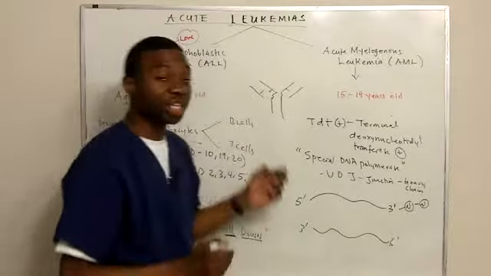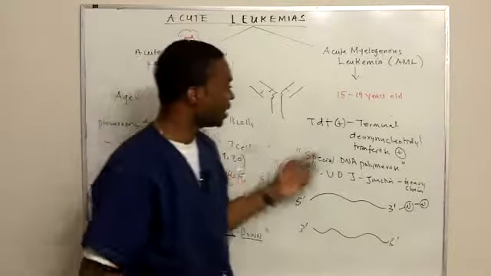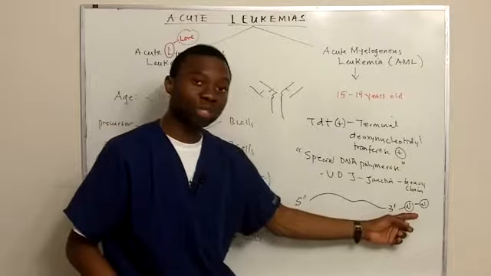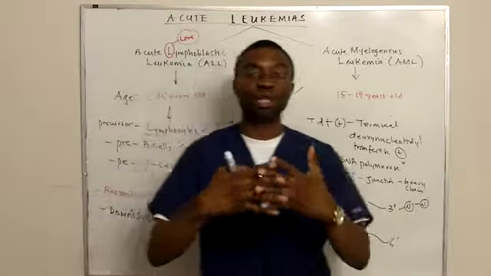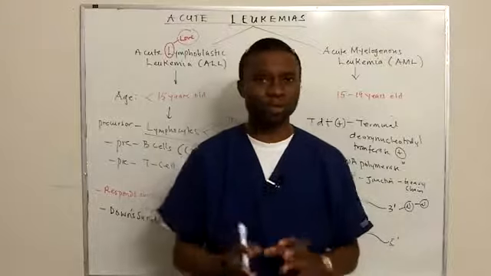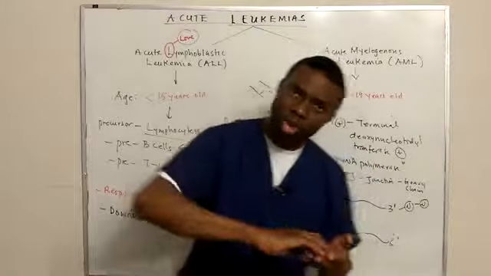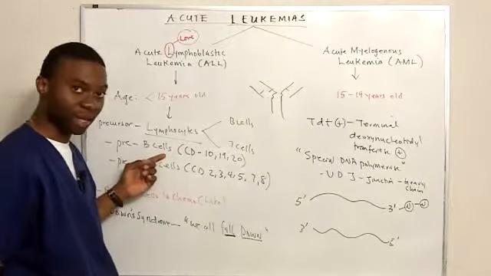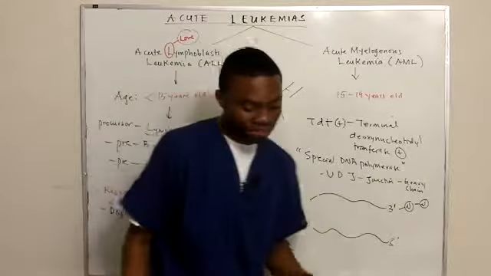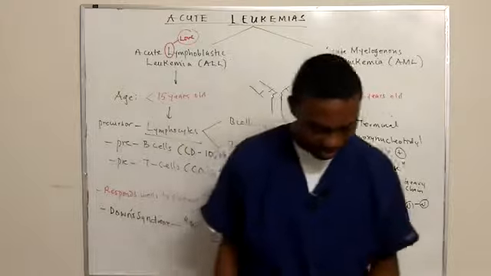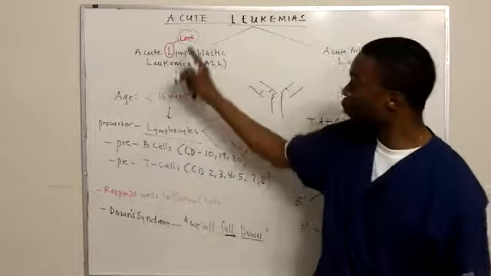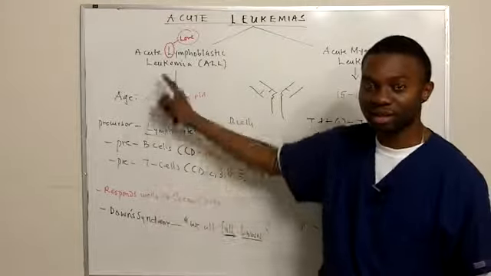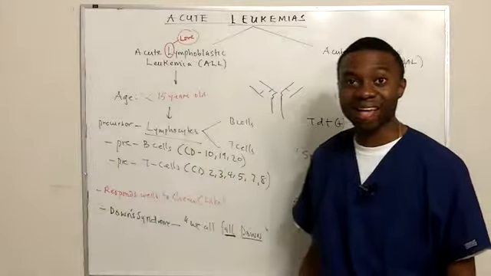So the heavy chain of the antibody, its job is to add the nucleotides in there because we can have junctional diversity, so we can make different forms of antibodies, especially when we are making antibodies from plasma cells, which come from B cells. So when you have a TDT positive enzyme, that is usually what we detect in cells that are cancerous in ALL.